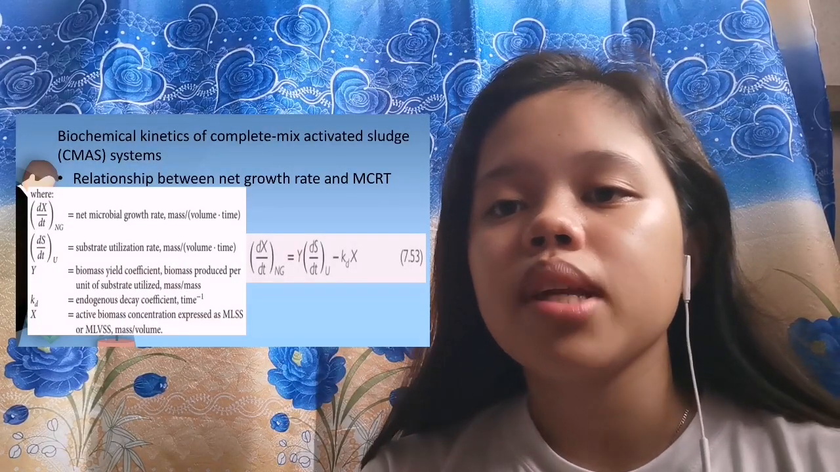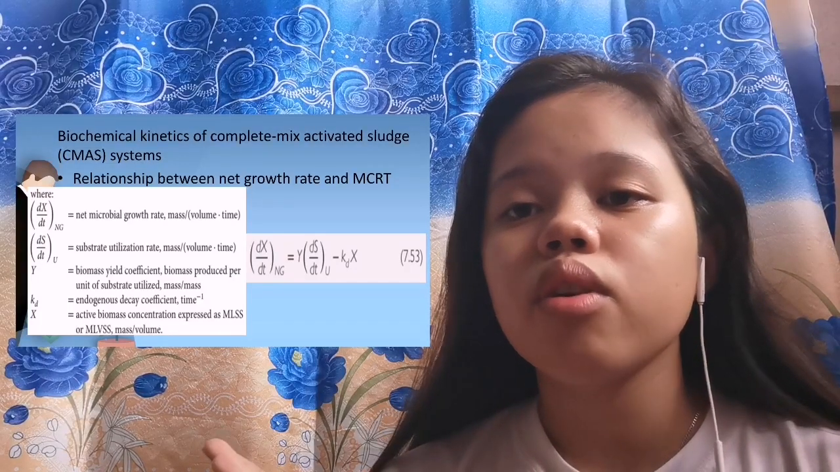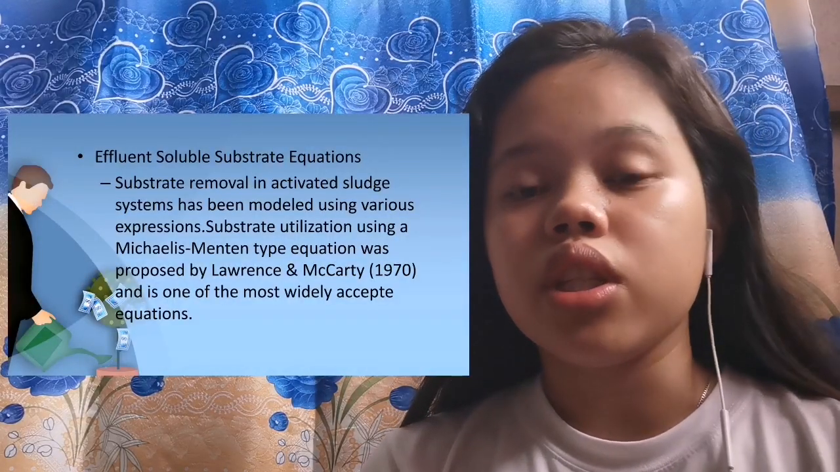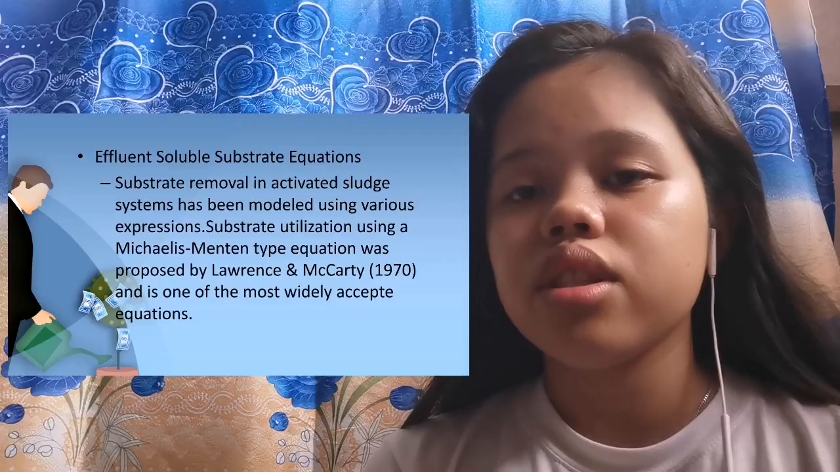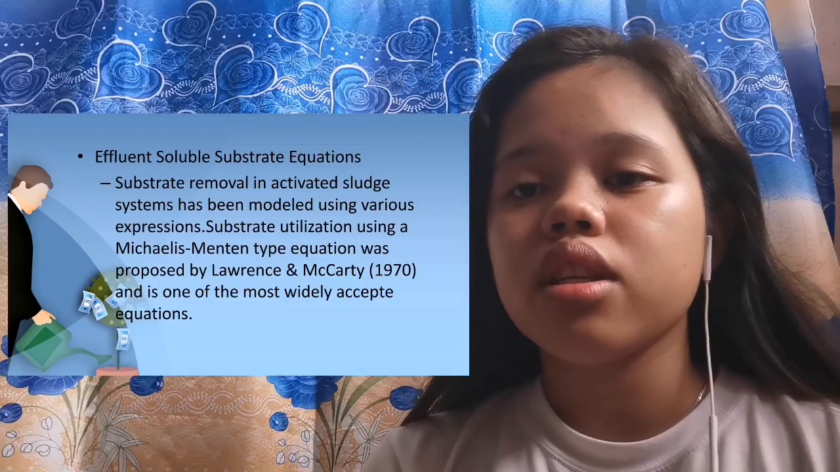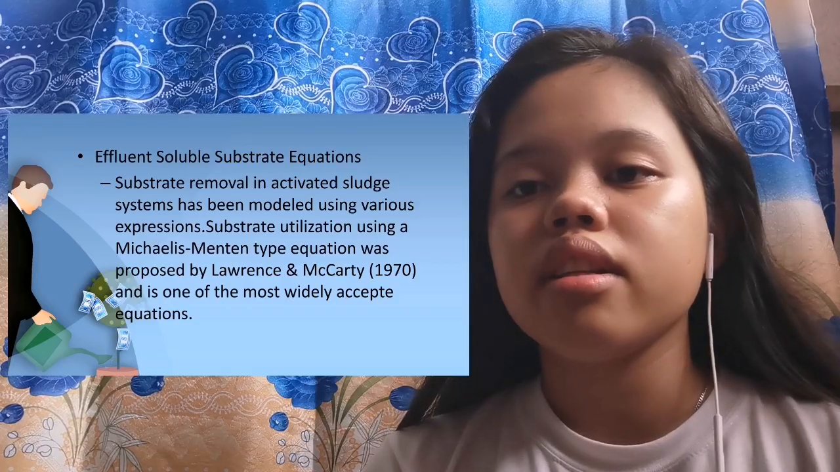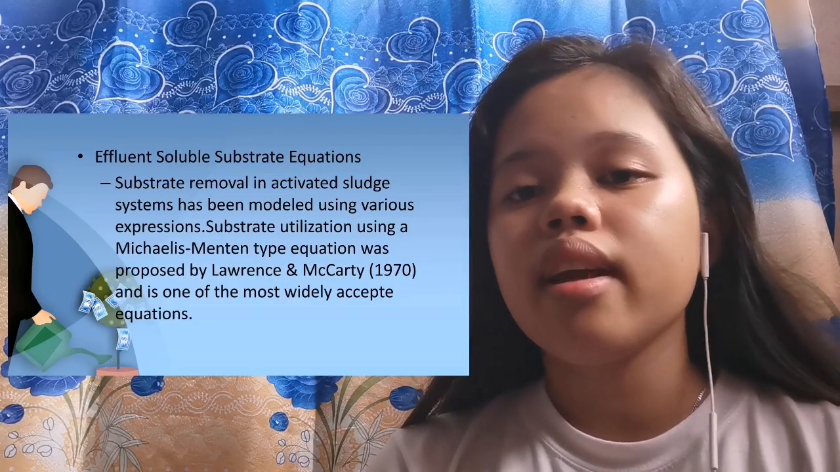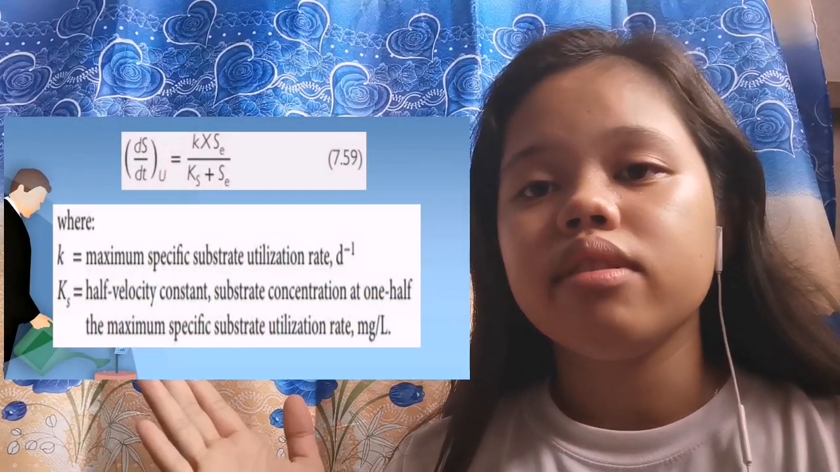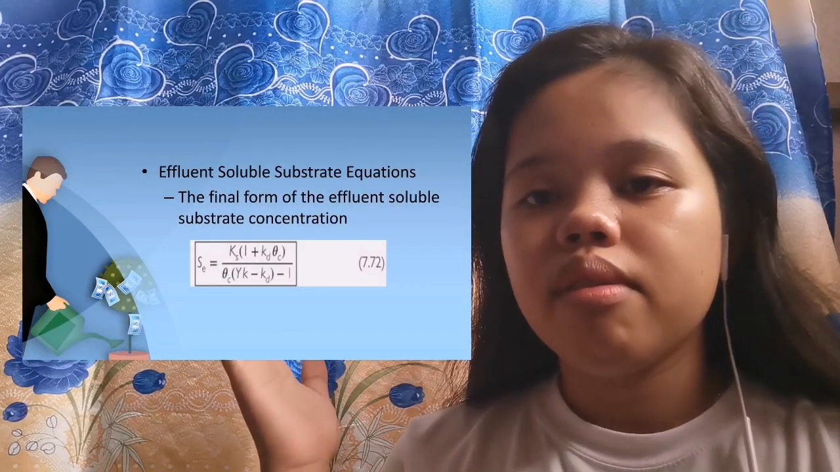Biochemical kinetics of complete mix activated sludge systems. Here is the relationship between net growth rate and MCRT. Effluent soluble substrate equations. Substrate removal in activated sludge systems has been modeled using various expressions. Substrate utilization using a Michaelis-Menten type equation was proposed by Lawrence and McCarty in 1970 and is one of the most widely accepted equations. With a working formula of, with a final formula form of